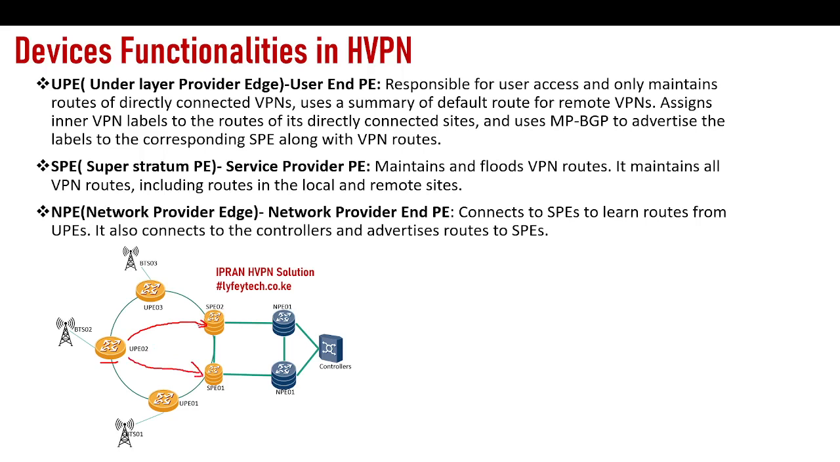So it uses the default route or a summary route to access remote VPNs. Whenever it doesn't have the route, it will just use the default route or the summary route to access